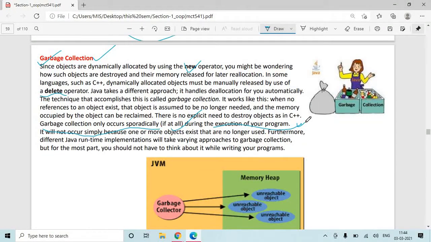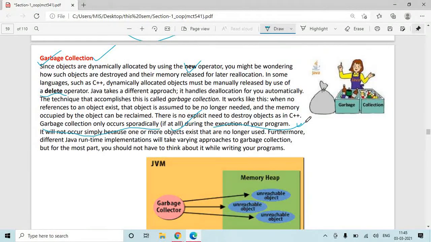If at all the system feels, yes, I should release the memory occupied by this particular object, this object is no longer needed in the program, the system will automatically deallocate the memory occupied by that object, if at all it feels. When it will feel, we don't have any answer for that.